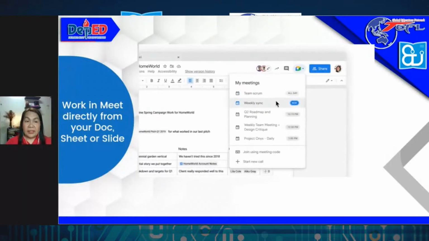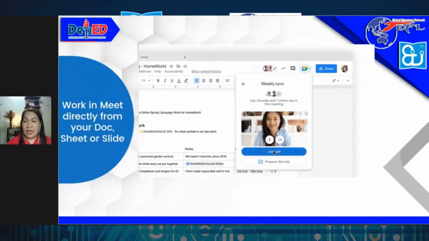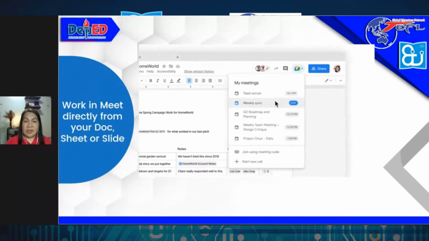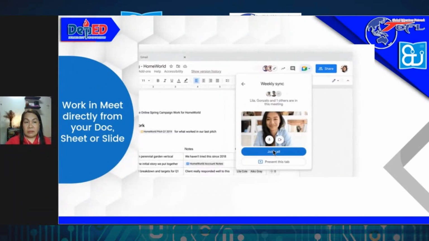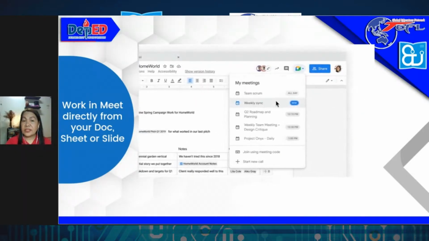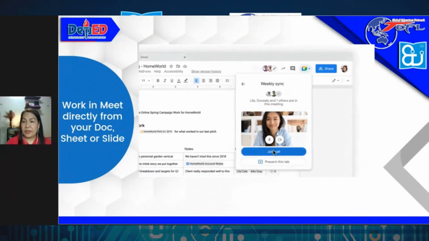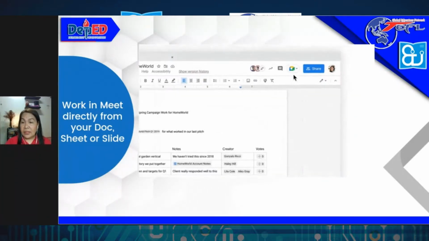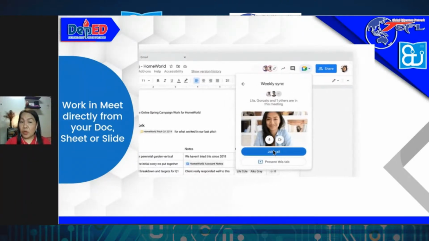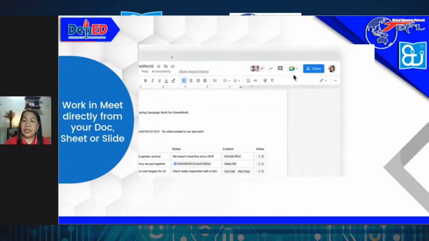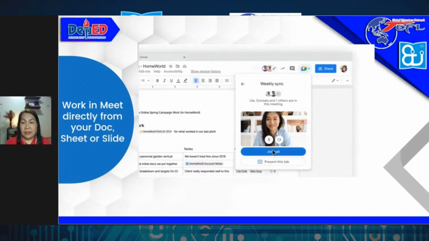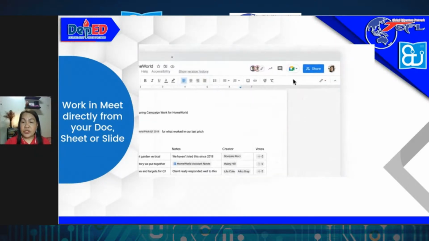Work and meet directly from your Doc, Sheet, or Slide. So as you can see, these are examples of how you can meet directly from Google Docs, Sheets, or Slides. You can now present your content to all Google Meet calls on the web directly from the Doc, Sheet, or Slide where you're already working with your team, jumping between collaborating in the document and in a live conversation without skipping a